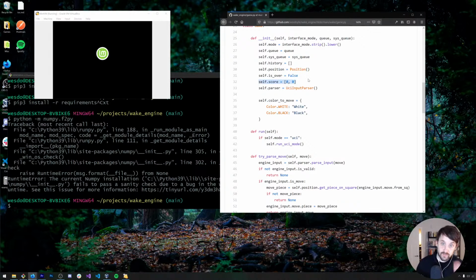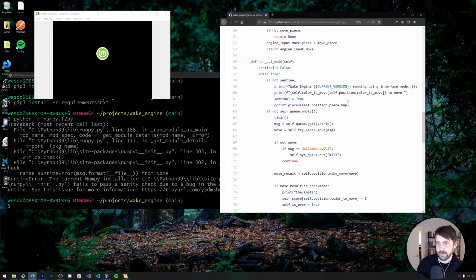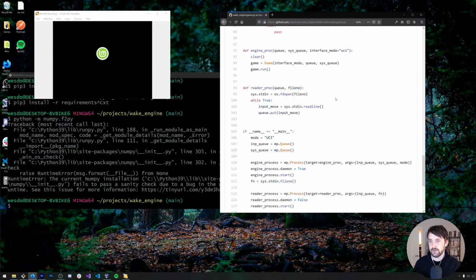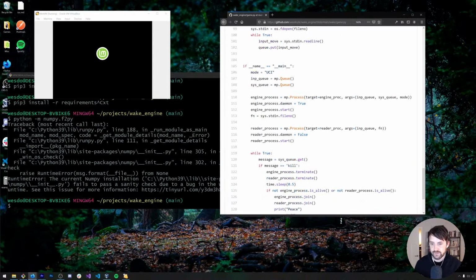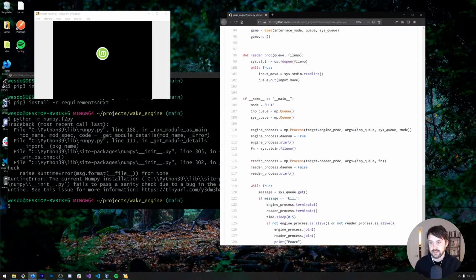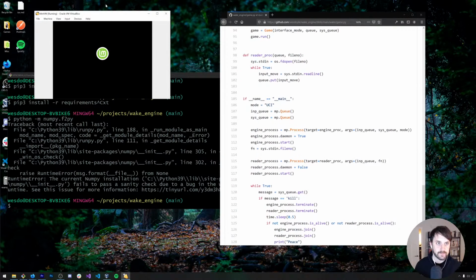And it keeps track of the score of the game for the end, and it also knows whether or not the game is over. But basically the game is in charge of parsing moves and then running some method, passing messages to either of the queues, so reading and writing messages from the multiprocessing queues, while the single parent process is running the engine process as well as the board output.